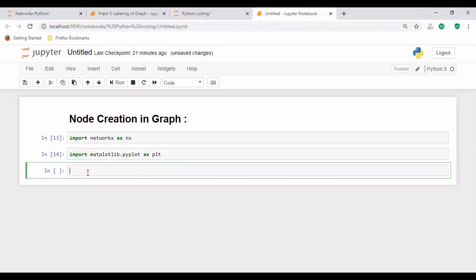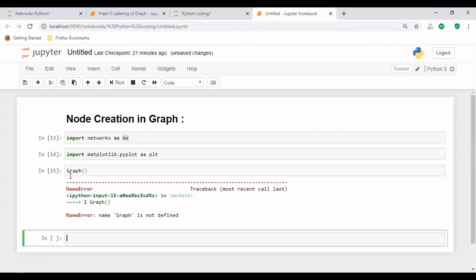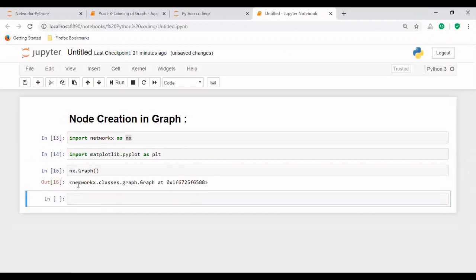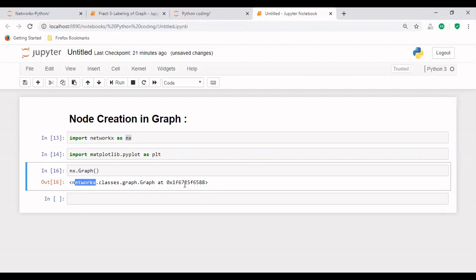Now what we will do is we'll be using the first function available in NetworkX for the graph creation, and first of all we'll be creating an empty graph. Whatever function we will be creating will be created with the help of nx dot the function name. If I try to create this empty graph directly, it will give me some error. So for that, I need to create it with the help of nx.Graph. Now you can see that it has been created and the type is graph, which is available in NetworkX, and the ID of that graph is this.